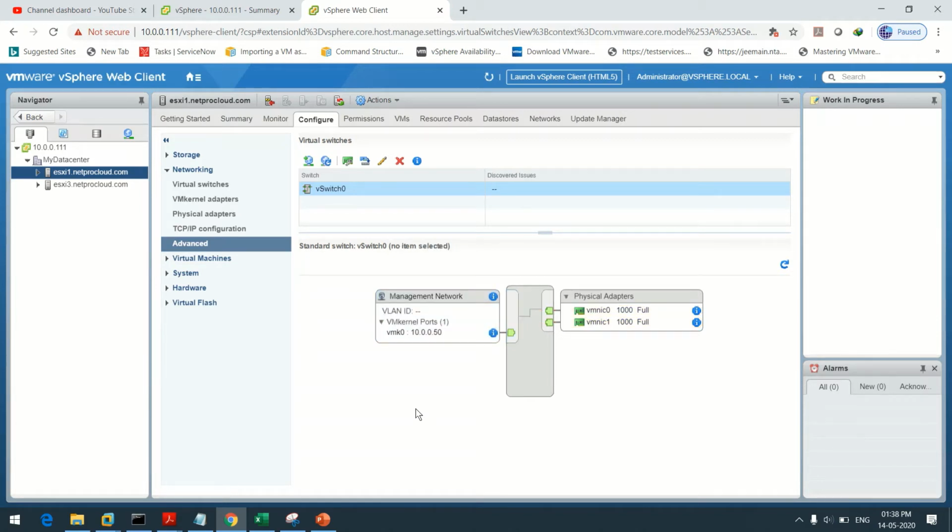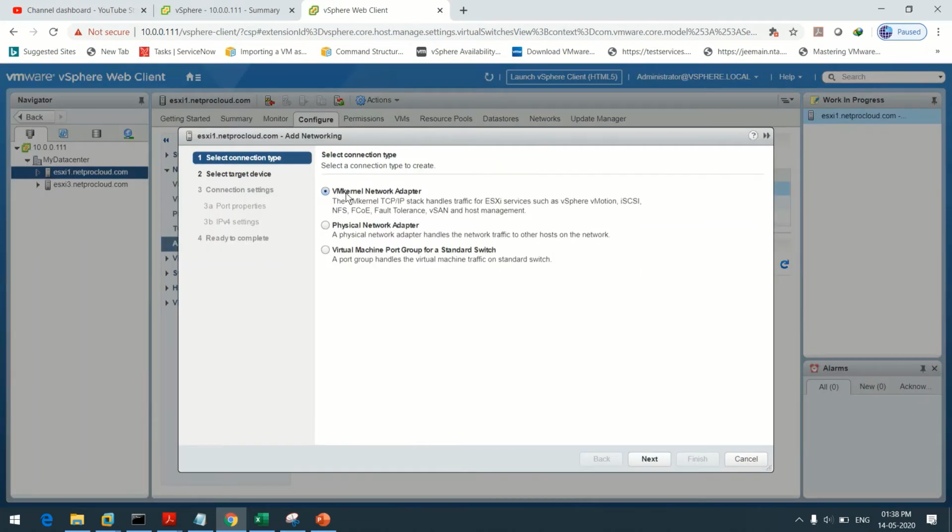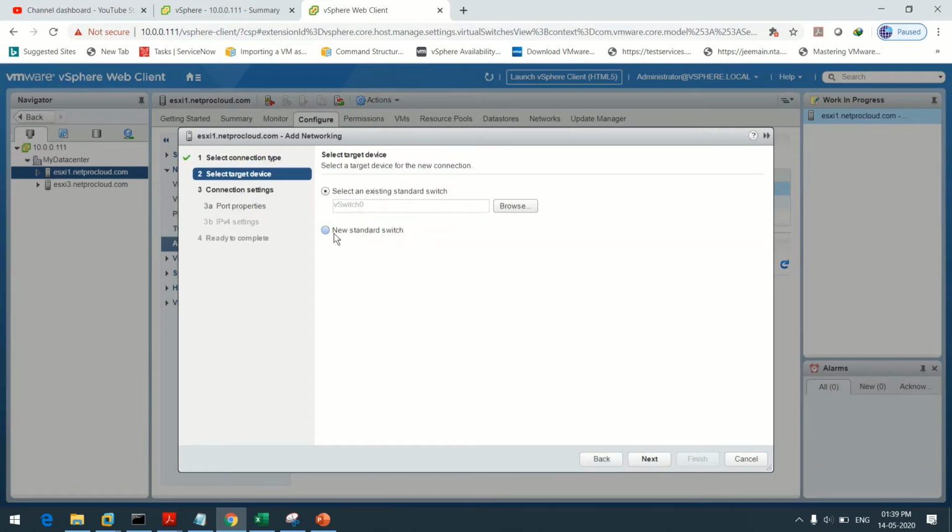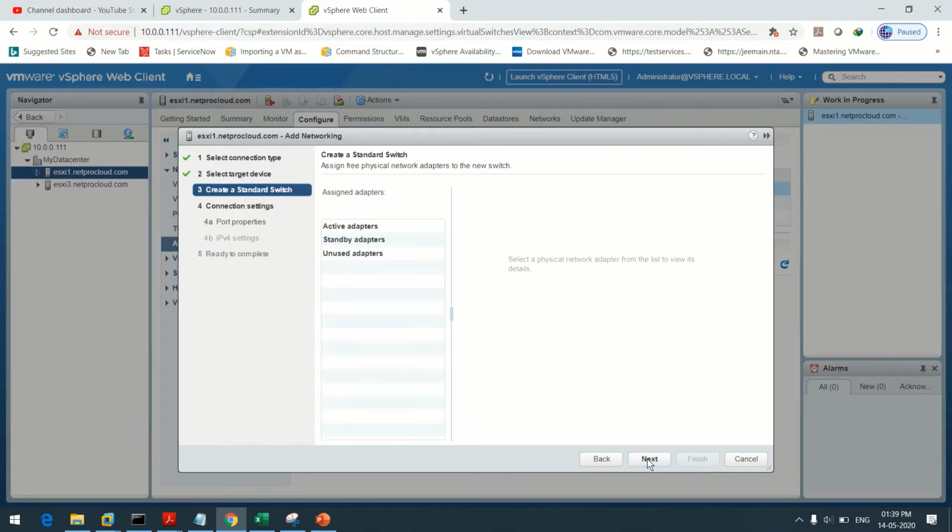So now let us start building another switch. Click here on the first option, add host networking. VMkernel network adapter. Then in this option we will get to create a new vSwitch. So click next. See, here we are getting the new standard switch option. Select it. Next. Assign adapter. No adapter is present over here.